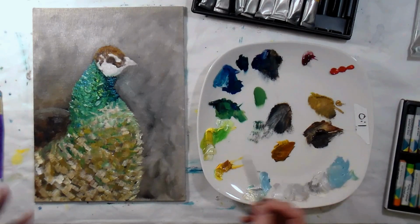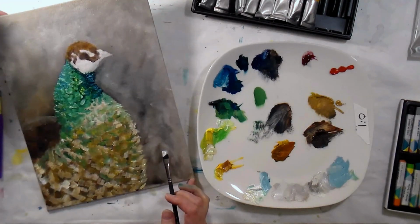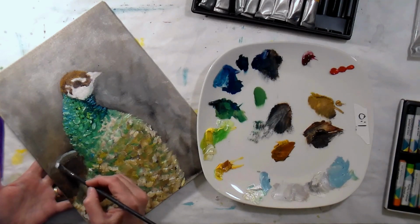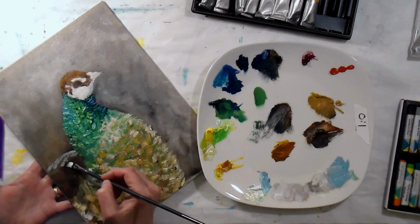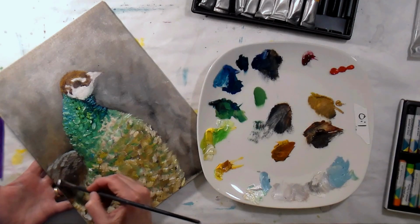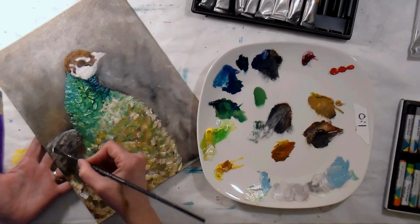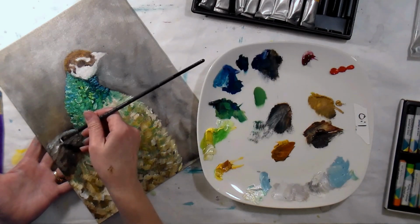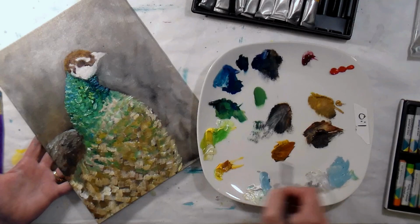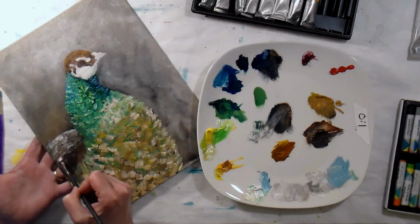And this is just that cool, because you're getting some reflections from the neck, you're getting some reflections from the daylight. And I'm actually going to tip my canvas a little bit and just tap in a highlight, but also so it can indicate the fact that these are feathers back there. And if I keep working it down without adding new paint, then it gives me that natural highlight and shadow. If you get too much, just tap it until it is where you want it to be. Just try to get that shimmer